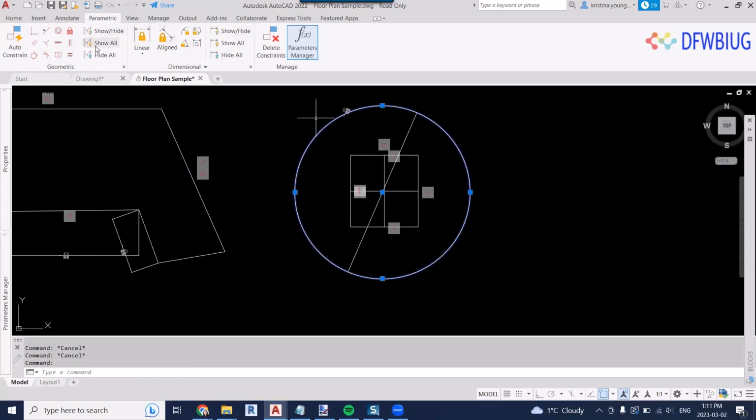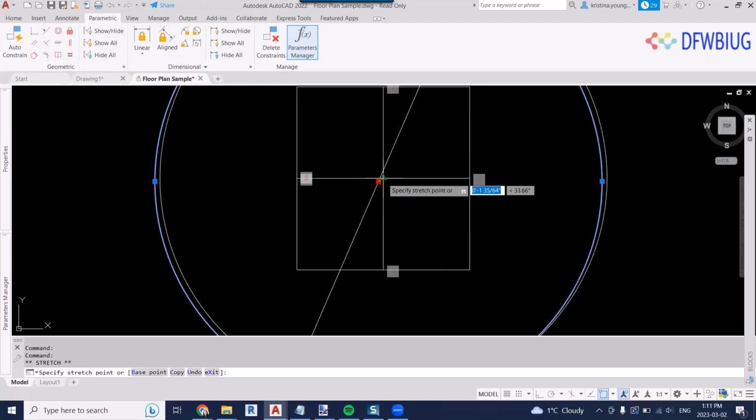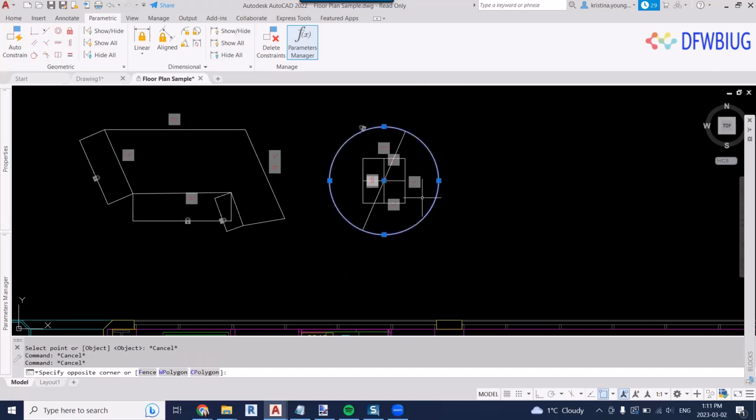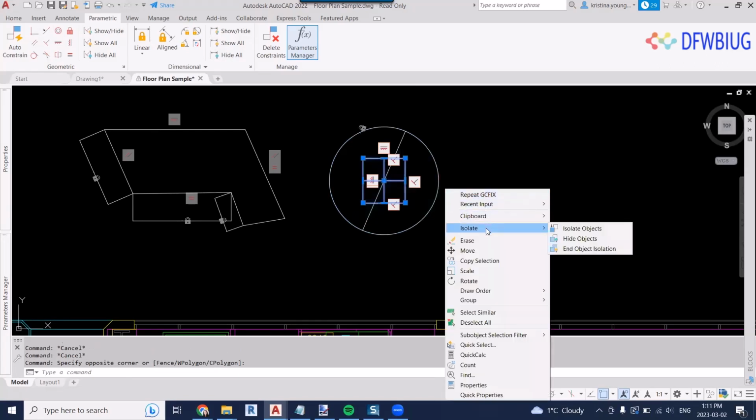And we're going to lock this down to a point. Again, there are many ways that you can do this, many ways that you can lock this. I'm going to do something that I know some people really hate, but I like this command for this purpose. I've seen people comment that they hate the isolate, but if I'm trying to select an object, you can tab through it, but it's sometimes still difficult to find what you're looking for. So I can just hide my object